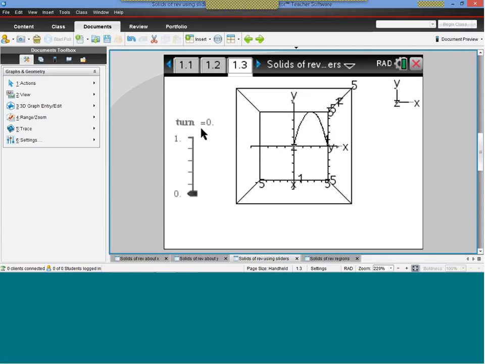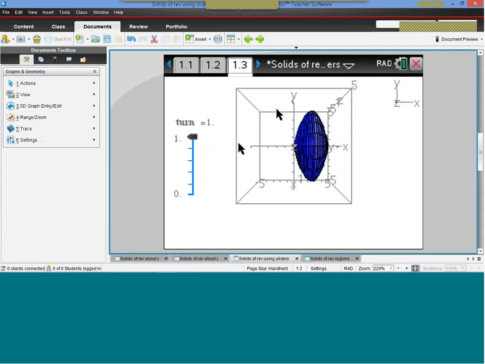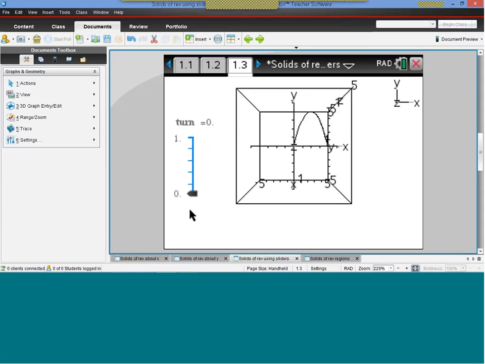I've called turn. And turn goes from 0 to 1, and as I move that, I will get a complete rotation. As you can see, it starts to build a rotation, and we can take it all the way around, and my mouse is sliding on what I've got on the bench top here, and if I take it back, then the good thing, I'm rotating this around the x-axis. So if I press X, whoops, keep remembering to get away from the slider. If I press X, now I'm looking along the x-axis,